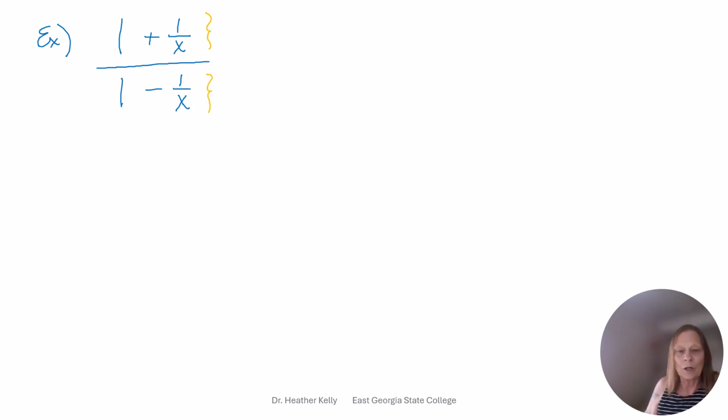Okay, so we're going to put this first numerator together. The LCD is x. Don't forget that this is like 1 over 1. So we would really need to multiply this guy by x over x and this guy by 1 over 1 to put that numerator together. So we would get x plus 1, all that crap, over x. That's that